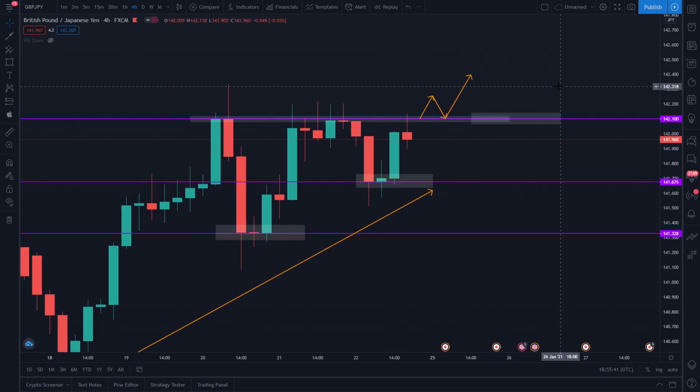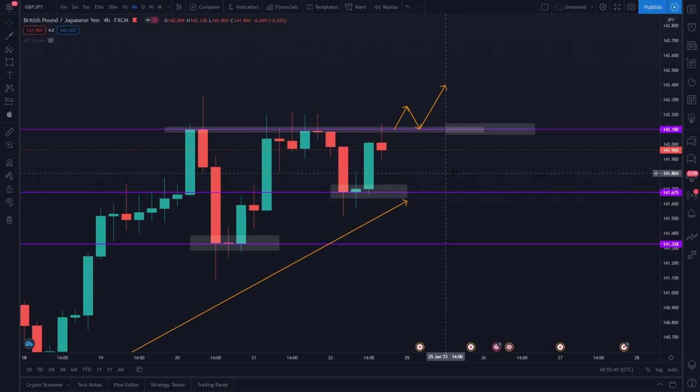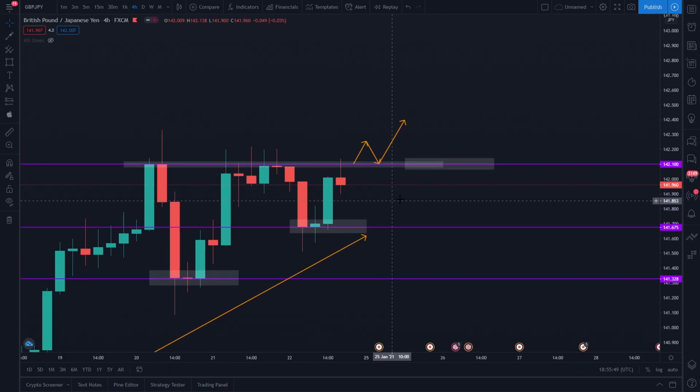I'm not going to go any lower than the 4-hour time frame because I don't really see much point at this time of the week. Markets are going to set up and show you what they want to do. So